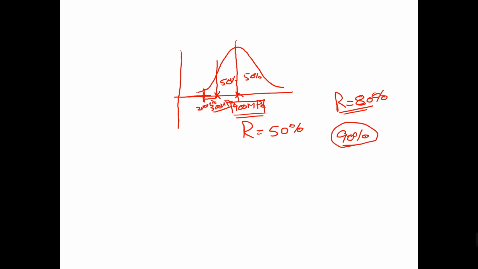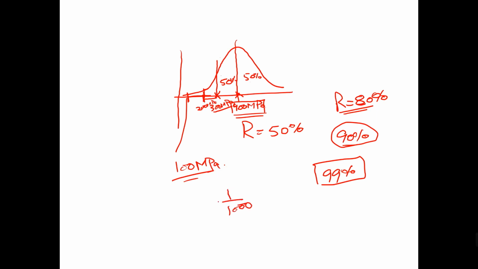But if someone tells you to increase this reliability from 90% to 99%, it means that out of 100 samples you check, only one fails. It might be possible that this stress is 100 MPa. Again, if someone asks that I don't want 1 in 100 to fail, I want 1 in 1000 failures at most, it might be possible that applied stress reduces to 30 MPa, or for 1 in a million failure. It will never be zero.